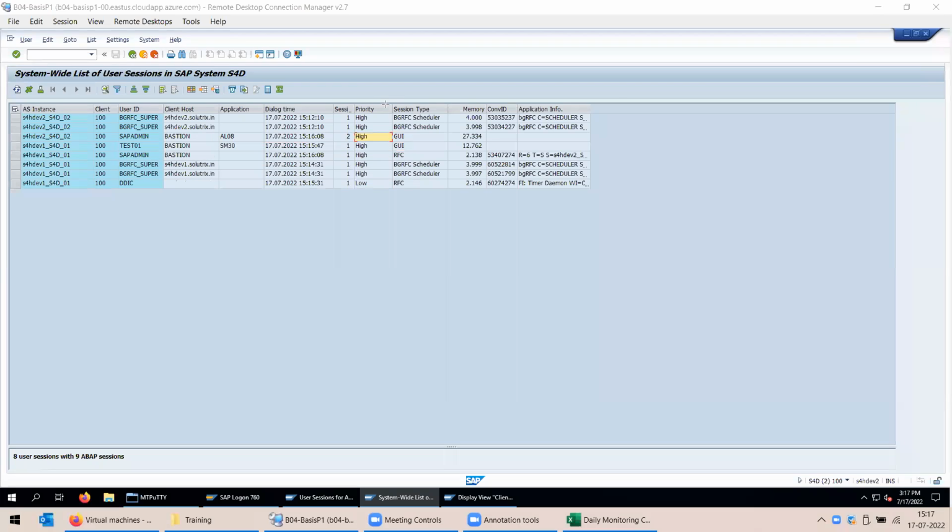Yes. Okay. And also, for example, if you see this user over here, the test01 user, it is logged into the SM, it is using the SM30. Now, suppose you find this user is using high memory. For example, this is the column for the memory that the user is occupying. If you find that the user is doing a high activity which is impacting the performance,